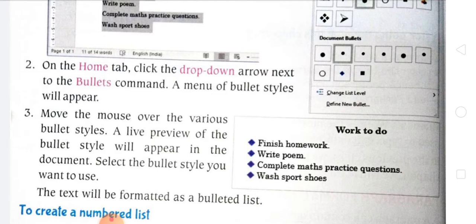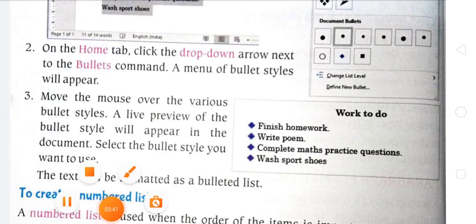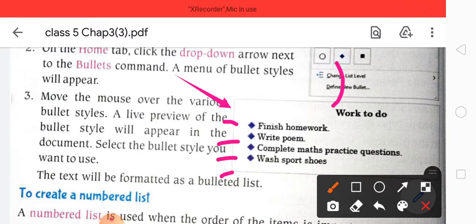A live preview of the bullet style will appear in the document. Select the bullet style you want to use. Then the text will be formatted as a bulleted list. You can see here this is the example of a bulleted list: first, second, third, fourth, just like this.